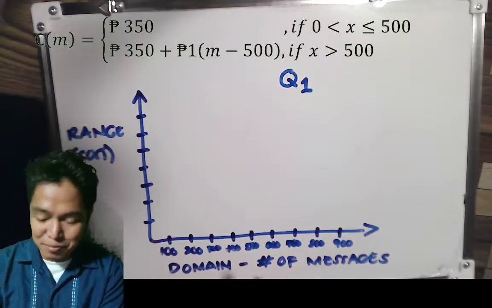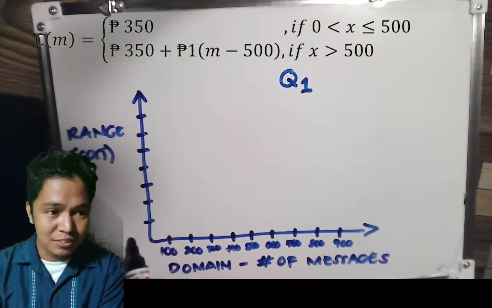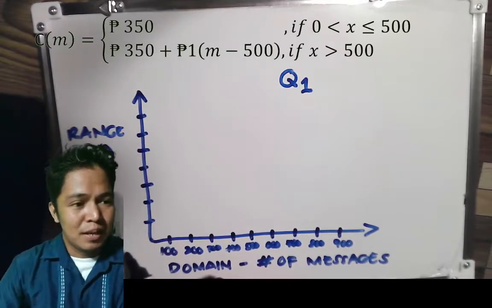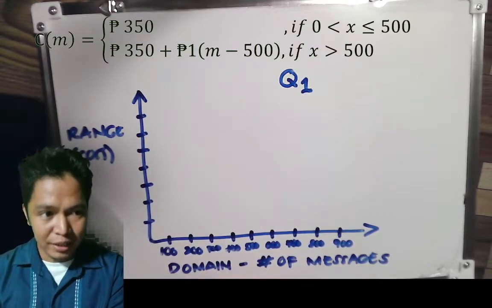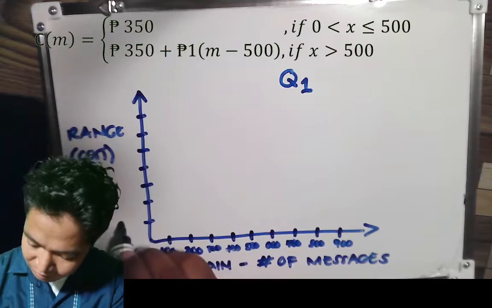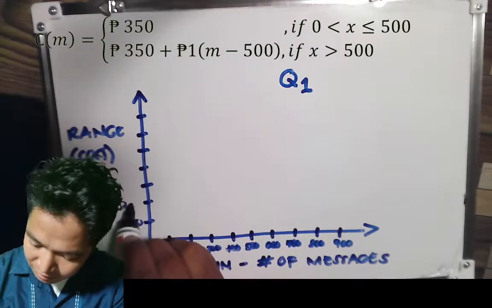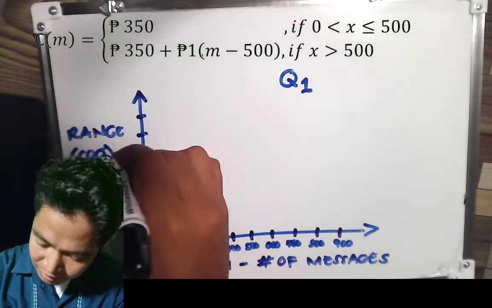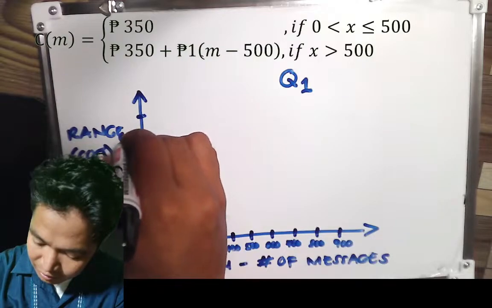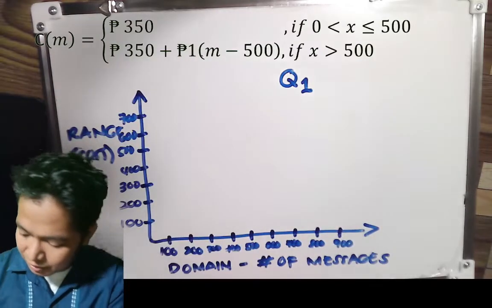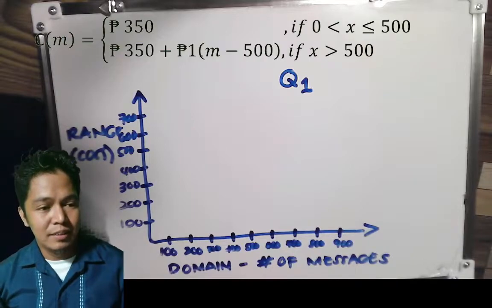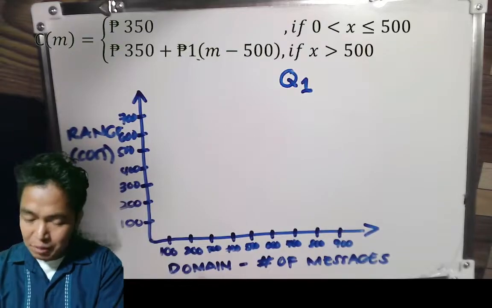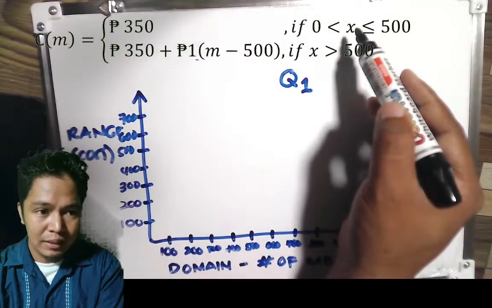Okay. Next, dito naman sa ating range. Since ang ating naman ay 350 pataas, ang interval natin ay 100 pa din. So, 100, 200, 300, 400, 500, 600, and 700. So, para mag-graph natin yung unang function na 350, alamin natin muna yung ating